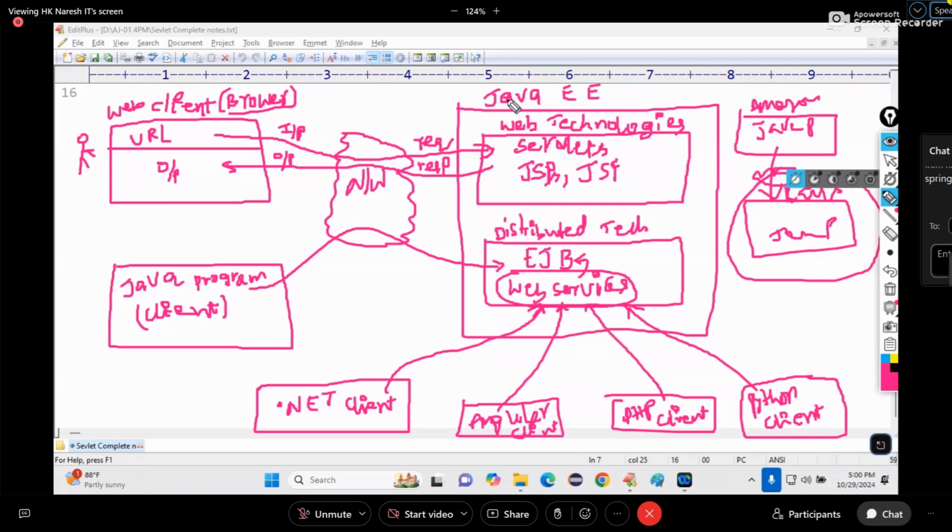But we are talking about Java EE technologies, so you must have knowledge of that. In olden days, we used to develop all these big applications by using EJB. That's why it is called what? Enterprise. We want to develop one enterprise application. Enterprise is a big company, right? A big company with multiple branches and different businesses running is called what? Enterprise. If you want to develop that big enterprise application, we have to use EJB.